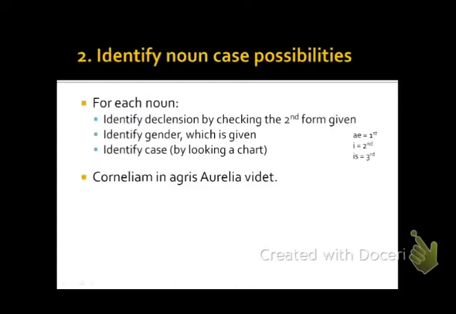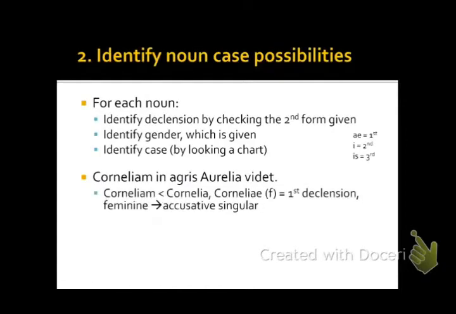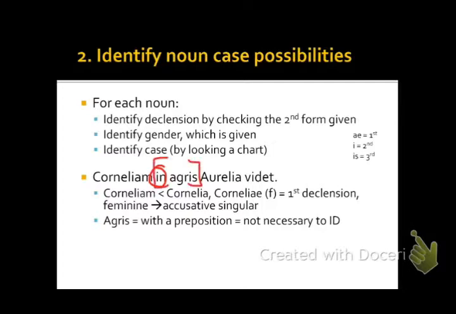So we do that with all of the nouns. We did that with cornelium. For agris, actually, is an exception. I said all the nouns, but now I'm taking that back. Agris is a noun, it means fields, but because it is with a preposition, by preposition, remember, I mean little words like in, on, at, from, out of, all those little words, because it's in a prepositional phrase, it's kind of its own little thing, and it,